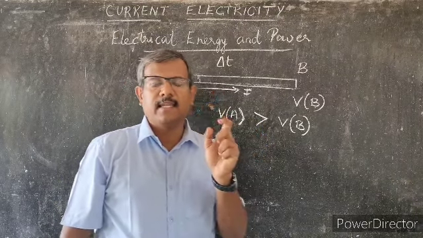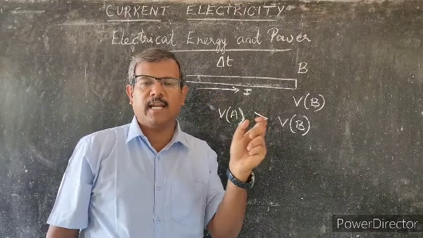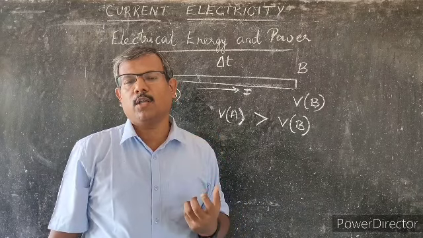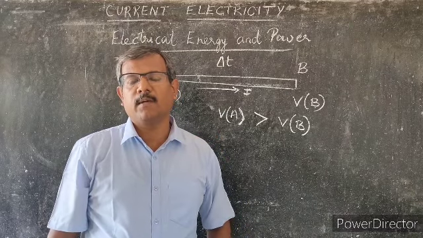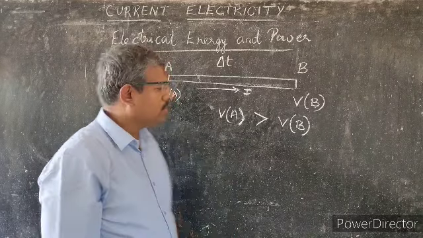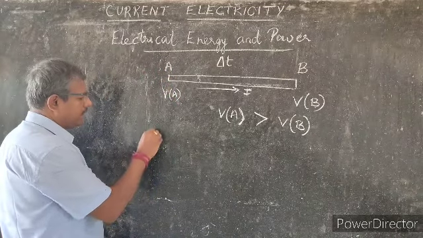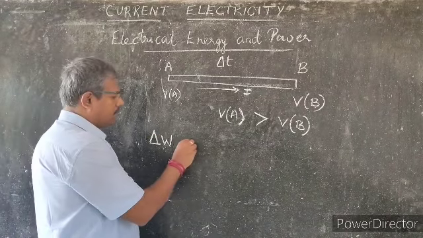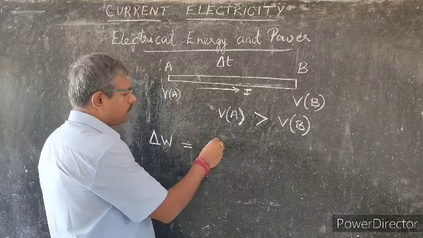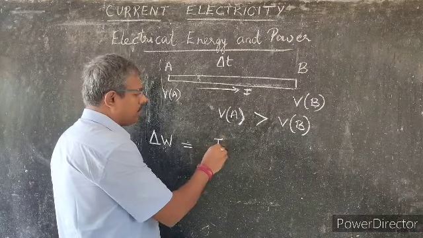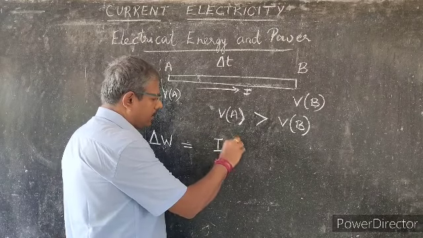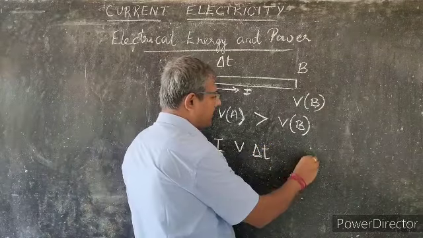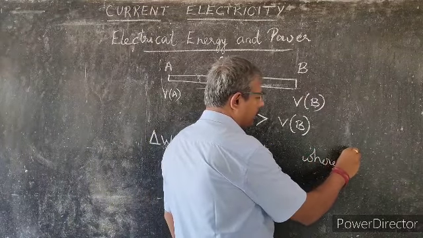That something else is the atoms with which they have shared their energy, and these atoms vibrate, causing an increase in the thermal energy of the conductor. So that means I can write that the total energy shared is equal to I V delta T, where